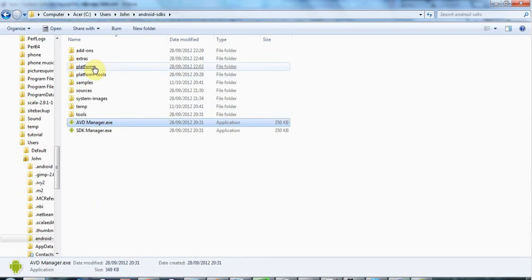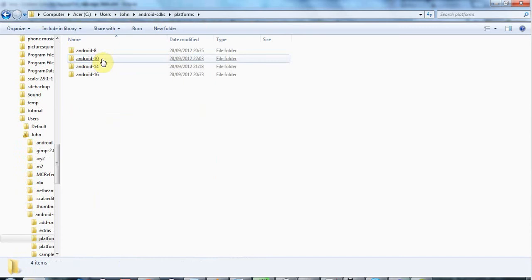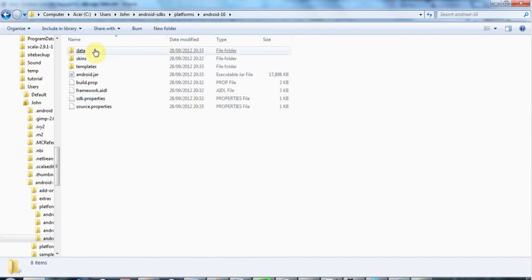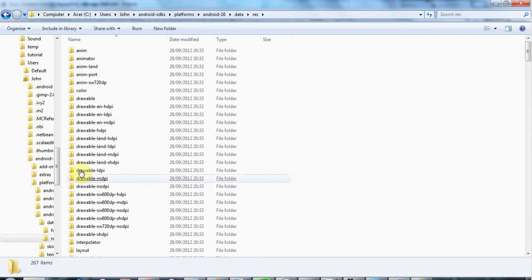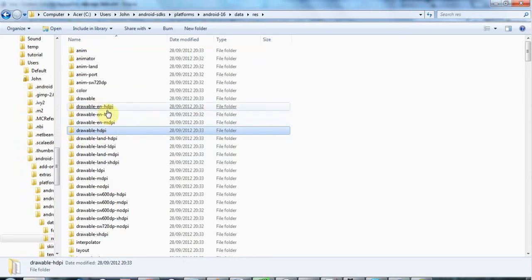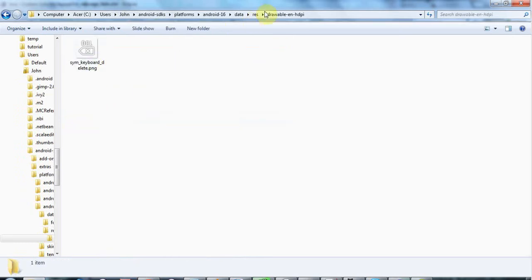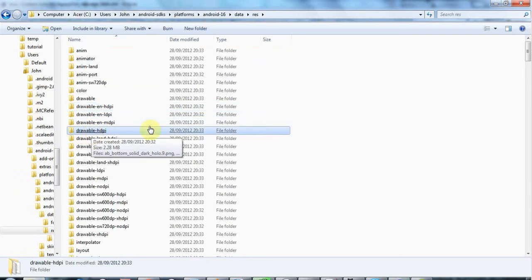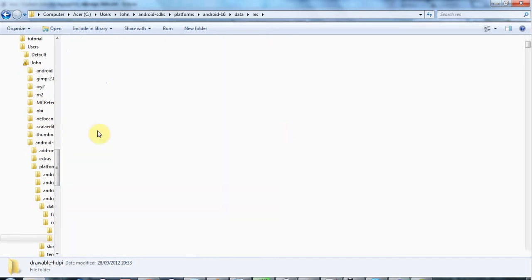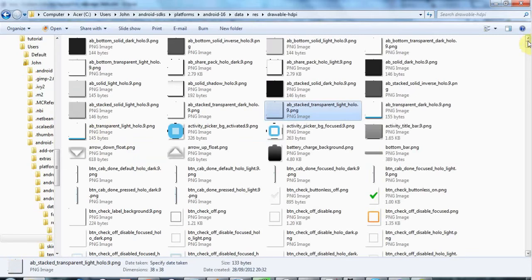And then once you find this folder, wherever it is, if you go to platforms and pick an Android platform, and data, res, resources, and pick one of these drawable folders, for example not the language specific ones that just have a little bit of stuff in them, but one of the drawable-HDPI or LDPI or MDPI or the other one. So let's look at drawable-HDPI for example,